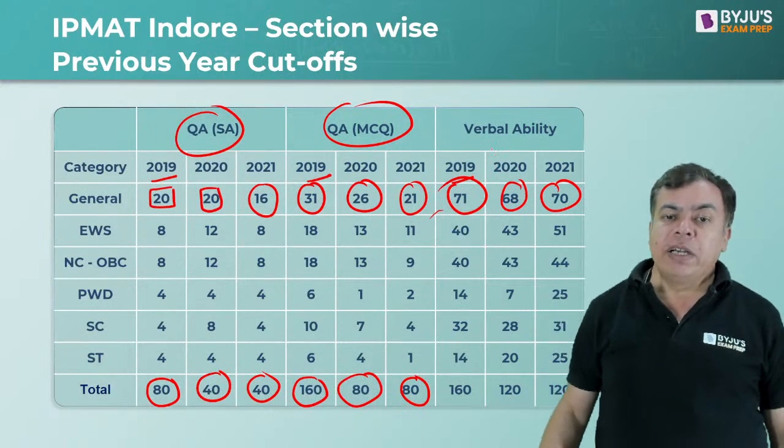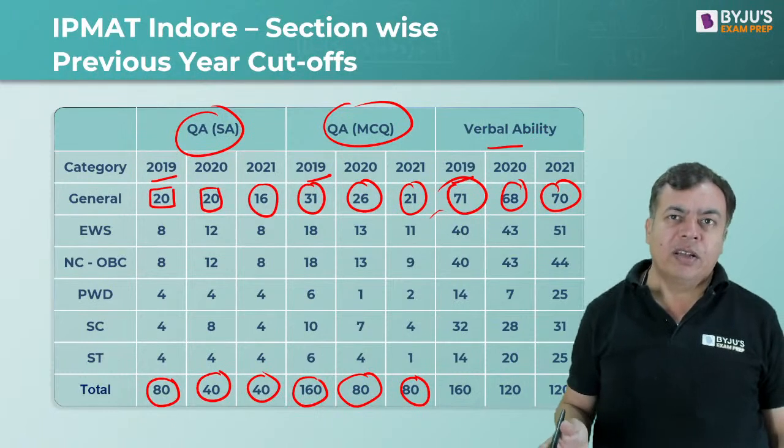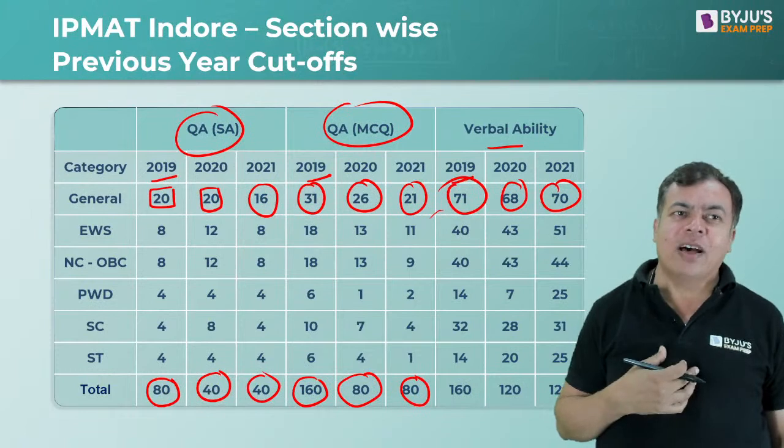So verbal ability, the cutoff is relatively higher, okay, but quant section the cutoff are really low,